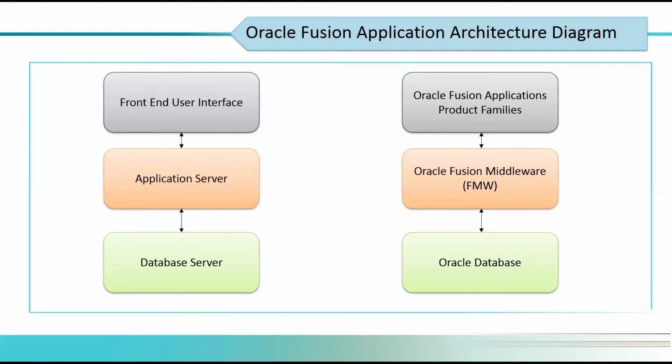So from an application perspective, Oracle is offering most of the applications as product families. These product families run on the Fusion middleware, and this Fusion middleware always uses the Oracle database to run the Fusion product families. Apart from the Fusion application products, the Fusion middleware can also contain custom application products as well, because it is built on an open standards based platform. That's a different thing, right? Now let's start one by one.